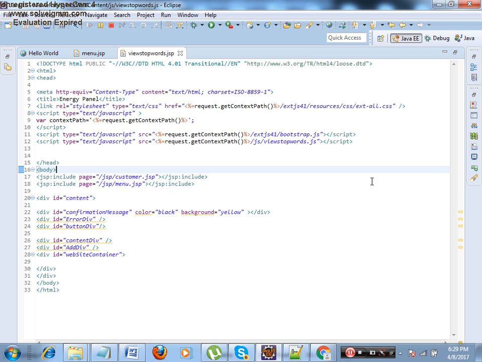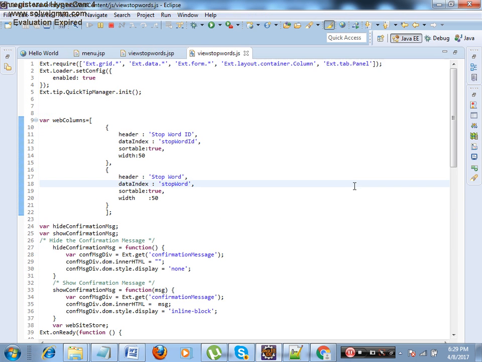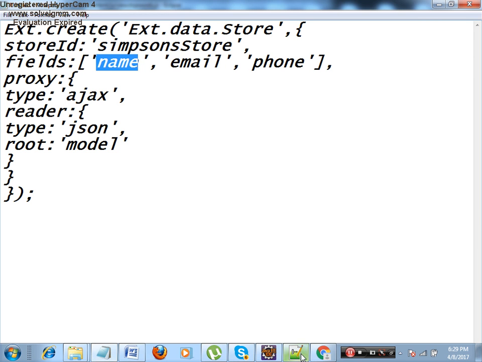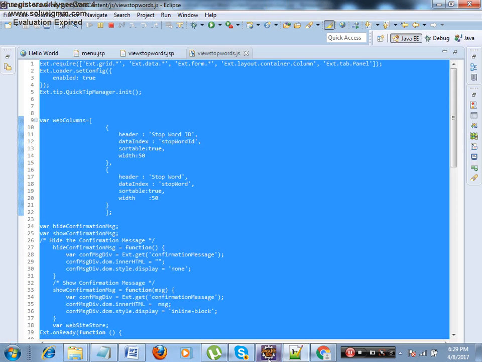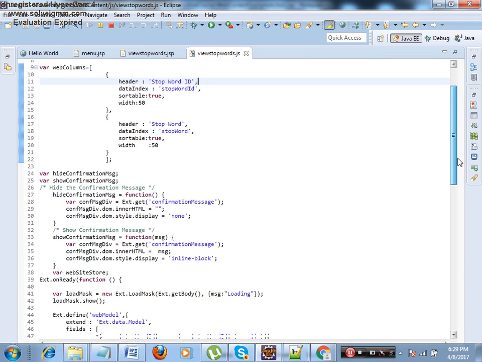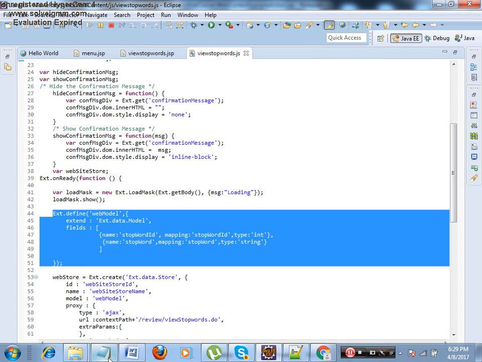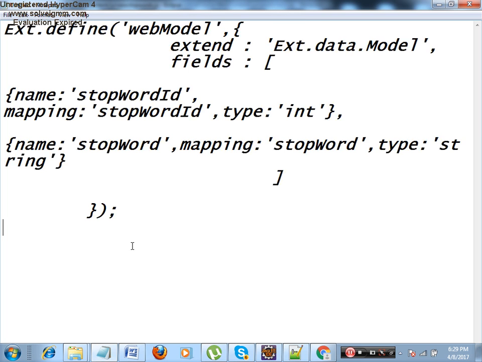Now let us understand the concept of a grid from this JS file. One by one, part by part, I'll make you understand the important things from this page. Let me first make you understand what a model is. Like in Java we have a class, and a class will have attributes and functions.